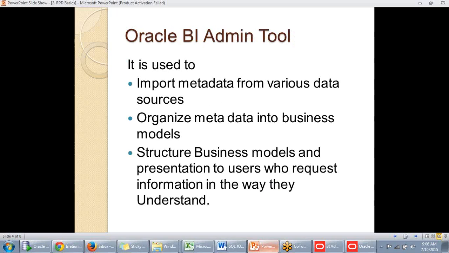And now let us have a brief idea of what this Oracle BI administration tool is and what it is used for. Oracle BI administration tool is used to import metadata from various data sources. As I have already told you in the data warehousing architecture, a data warehouse is generally built by importing data from various data